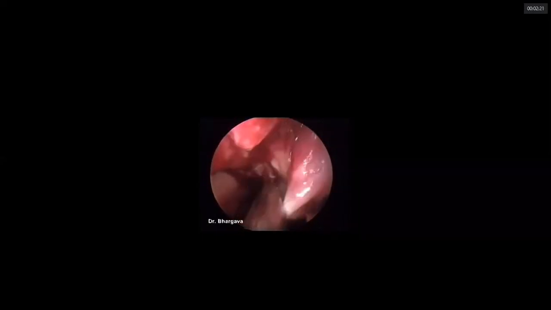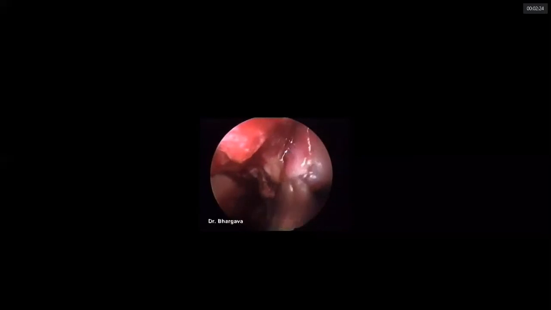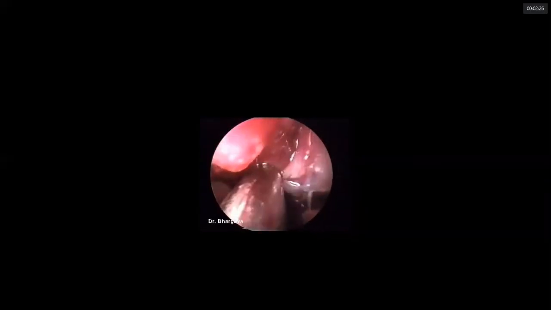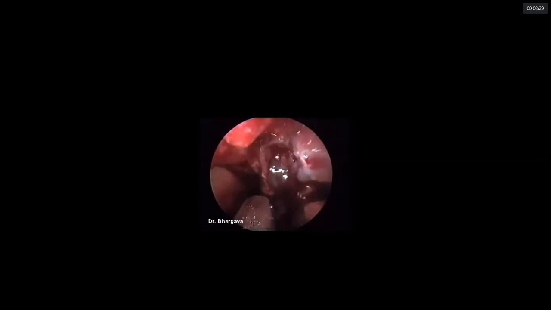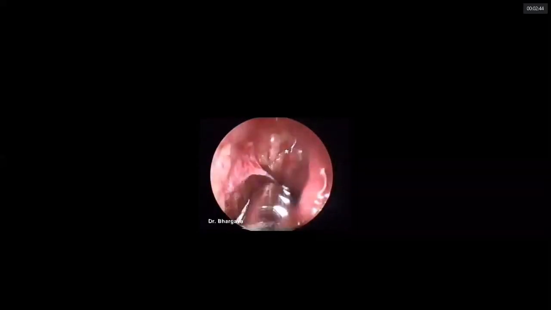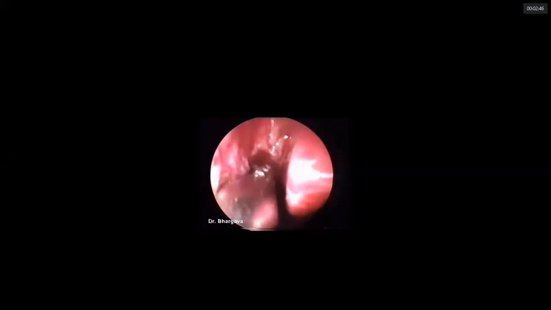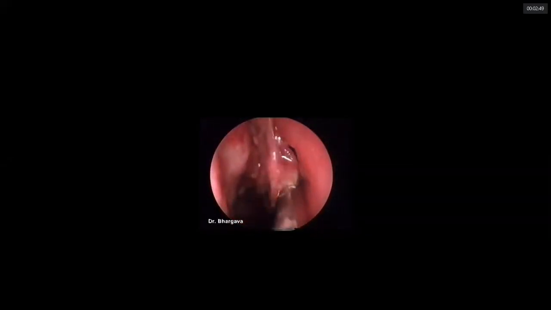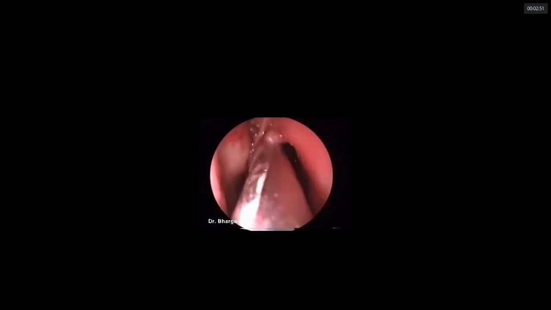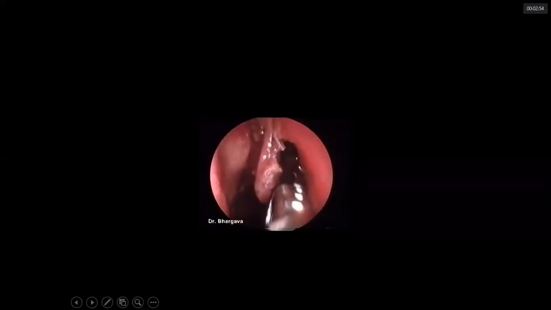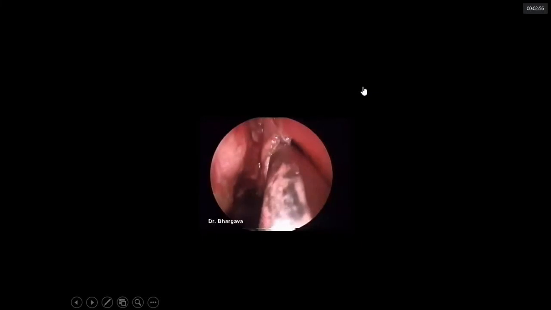The maxillary sinus opening is now being widened by debriding away the polyps in this area. Polyps medial to the middle turbinate in the sphenoethmoidal recess are now being debrided under direct vision. The polypoidal middle turbinate is now being trimmed very carefully without excision of the middle turbinate.